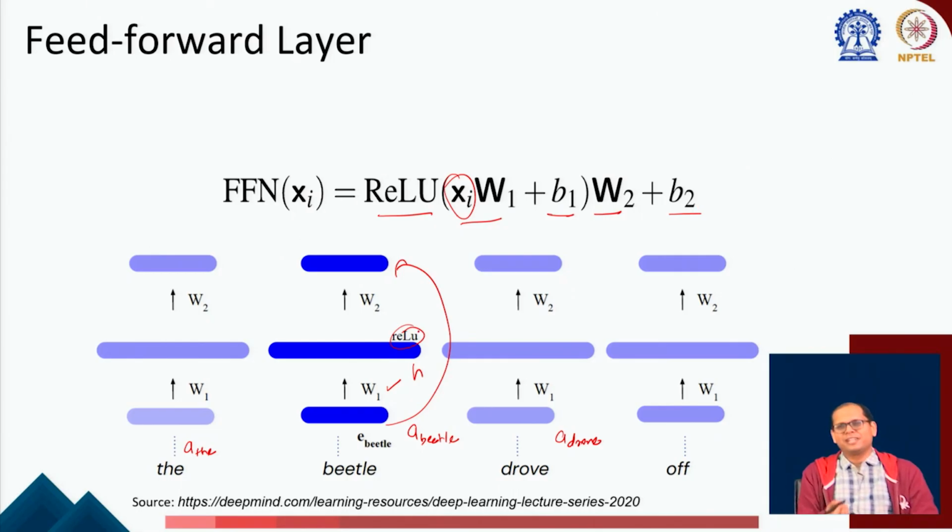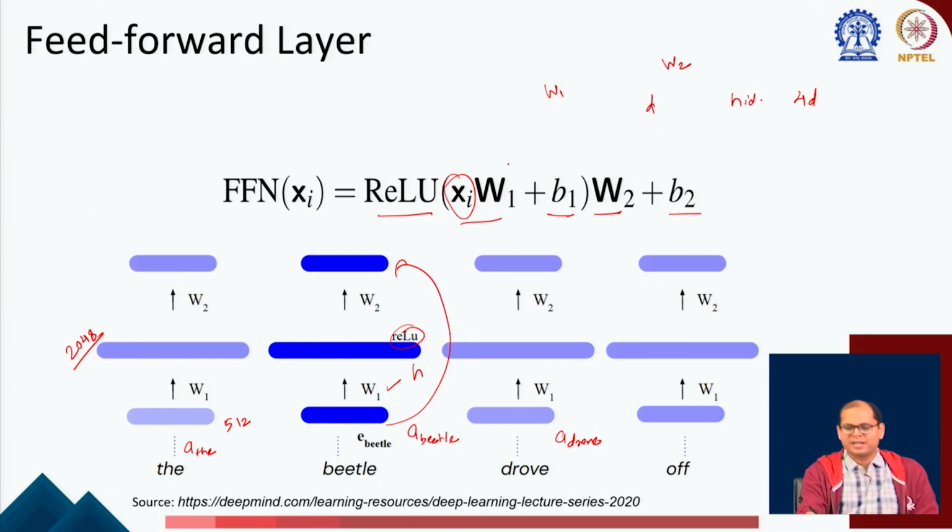So how many more parameters are you introducing here? You have the W1 matrix and W2, of course, with some bias parameters. In the original paper, they had this 512 dimension output, so they introduced a 2048 dimension hidden layer. So this was 4 times D. Typically, that was the rule that later papers also followed. If the model dimensionality is D, your hidden layer is 4D. So your W1 has 4D cross D parameters, and W2 again has 4D cross D parameters, because you project 4D